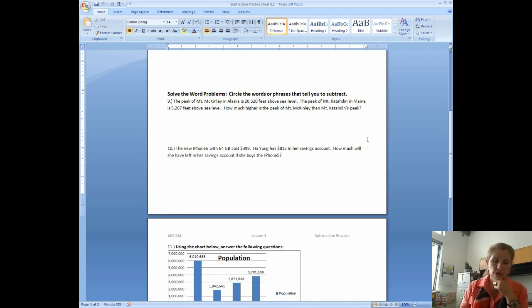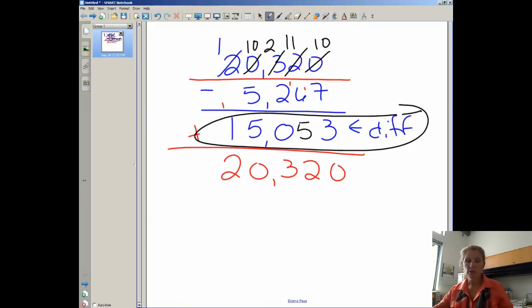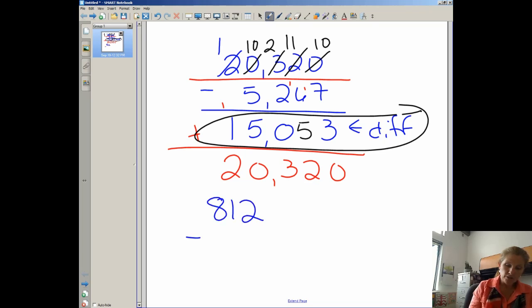So all I have to do here is say, well, how much will she have left? When you say leftover or left, that indicates subtraction. So that's what I know we're doing. We're subtracting because we have that left. Now remember that you want to have a positive number, so you want the greater number to be your minuend and the smaller number to be your subtrahend. So let's write this then. The iPhone cost $399, but what she has in her account is $812, and the iPhone is